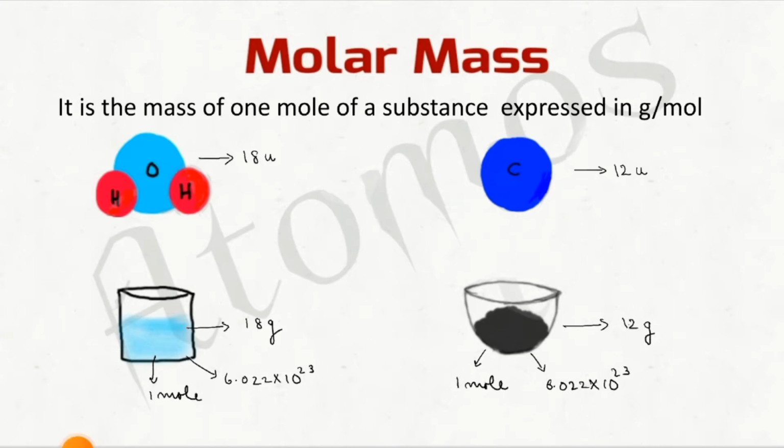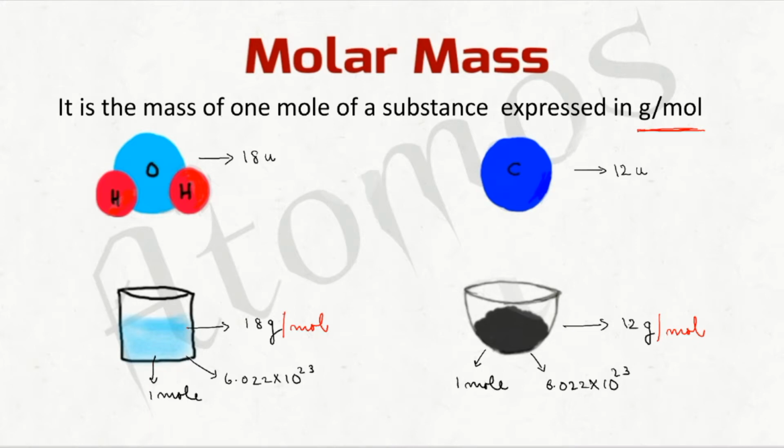So how can we define molar mass? Mass of 1 mole of any substance is called molar mass. To show that we are expressing the molar mass of the substance, usually we will write the unit as gram per mole. So what will be the molar mass of water? That will be 18 gram per mole. Okay, we will write like that. And what is a molar mass of carbon? It's a mass of 1 mole of carbon. So how we will write it? We will write it as 12 gram per mole. Okay, you got the idea?